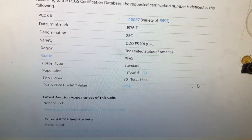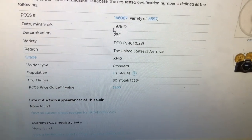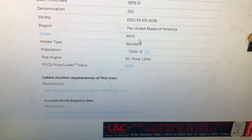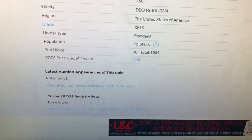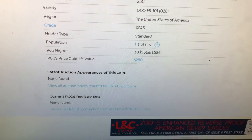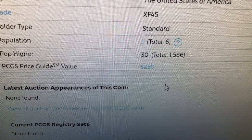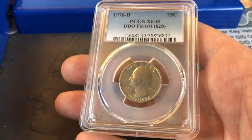I decided to bring up my certificate number because it was a lot easier. You can see it here. We've got my variety of 5897, XF45. Population in this grade, only 1. That's crazy. And only 30 graded higher. So the value is $250 in this grade for this coin that we paid a quarter for during one of